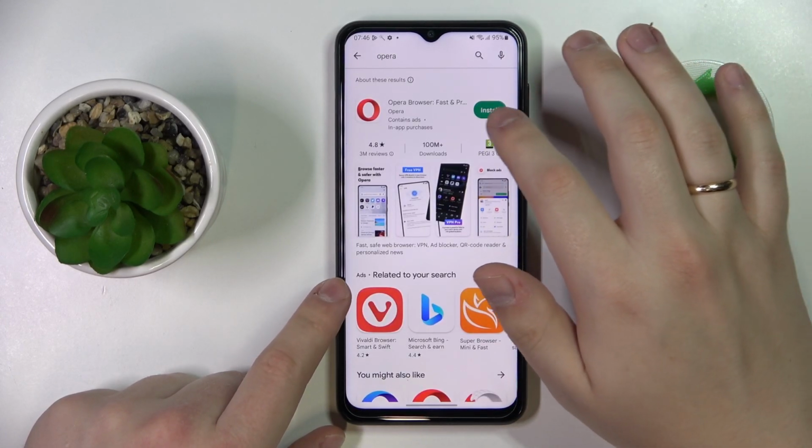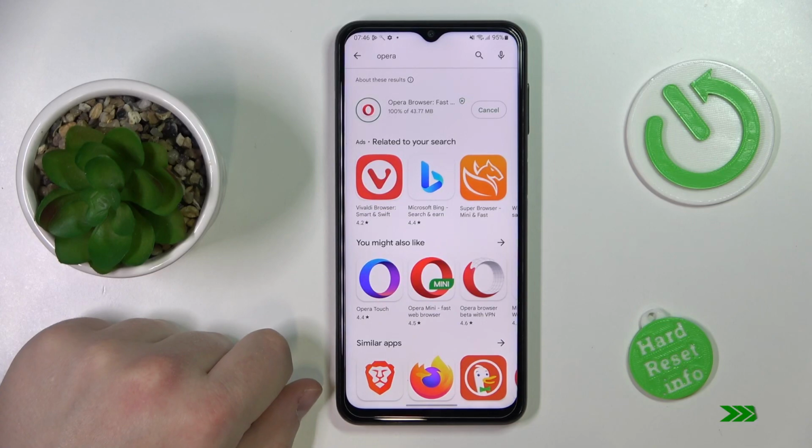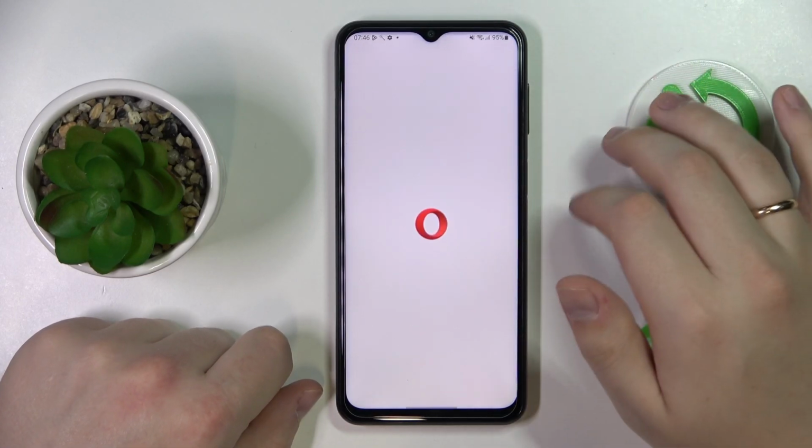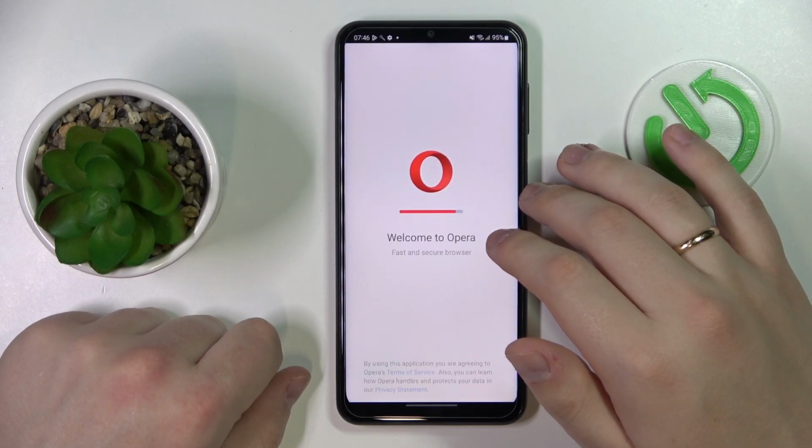Once the needed app is found, click on this green install button and wait for the Opera application to get downloaded and installed respectively. Now we can go ahead and launch the app as well as undergo a very simple setup procedure. So in here, you gotta